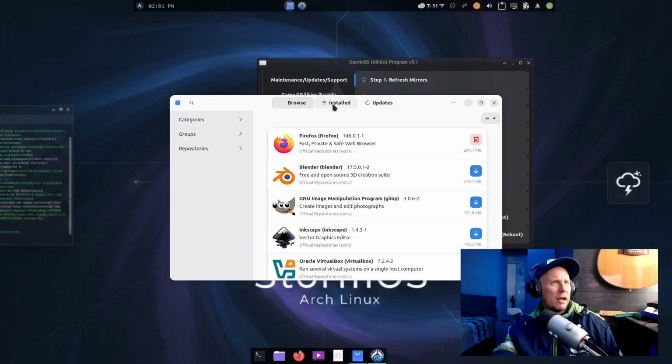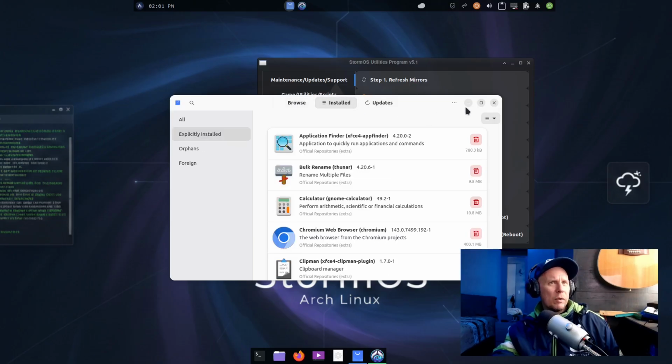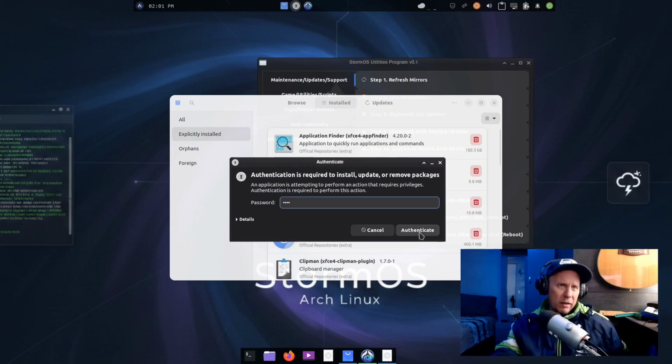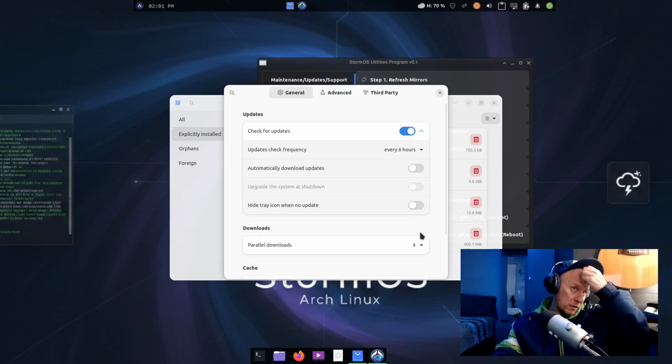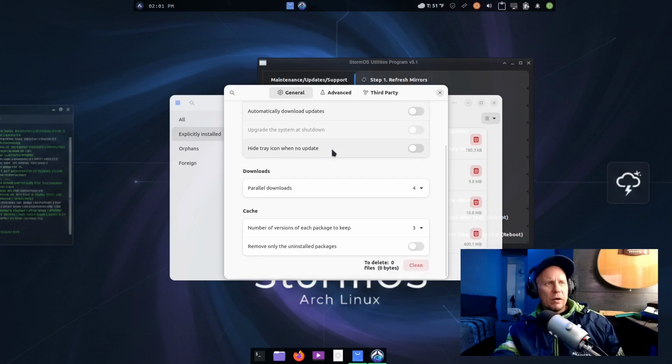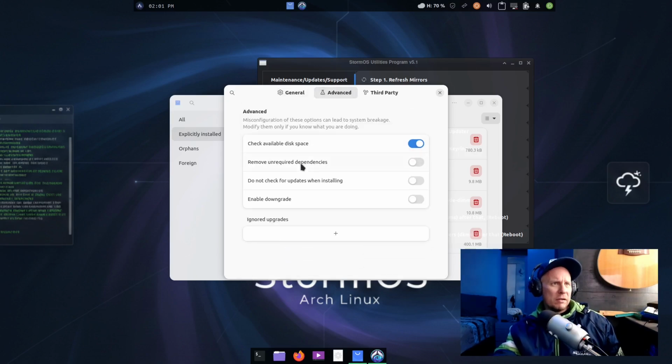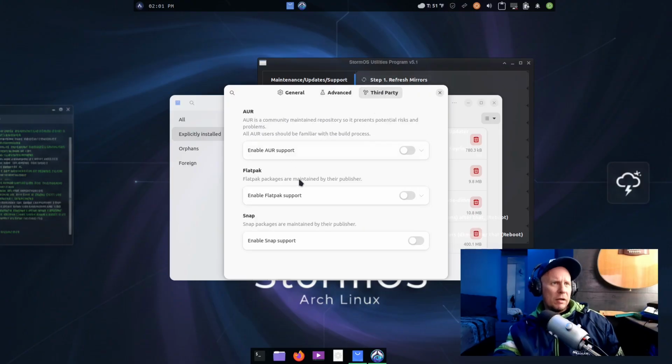I like it. I want to see a little bit more. Preferences. Okay. Okay, check for a parallel advanced third party and